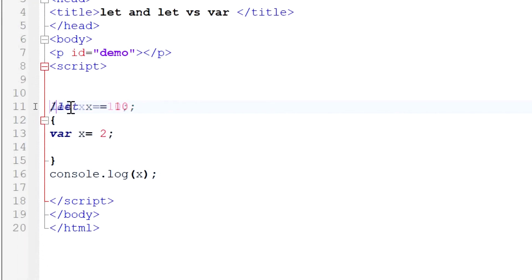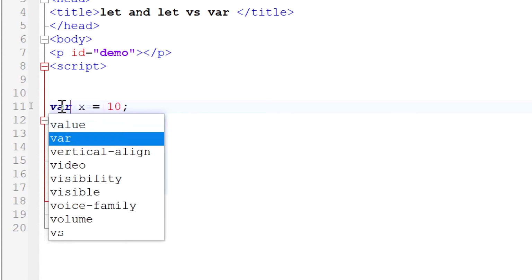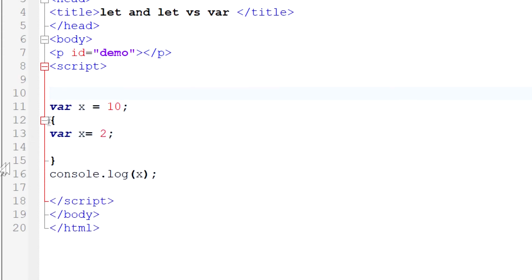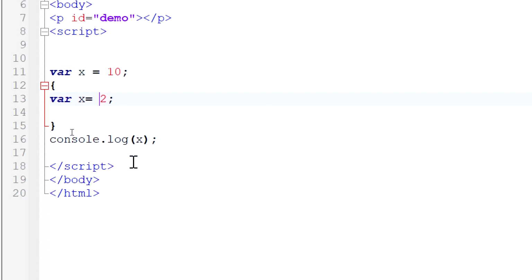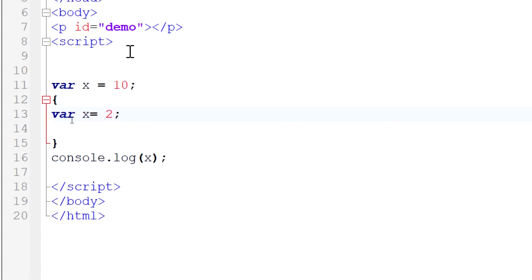So now we are just using var x equal to 10 outside as one variable. So what will be the value? You will think x value will be 10, which is outside, but no. Var scope is global, first we assign 10, then assign 2. So the latest value it will take, because in the end we are logging the output. So value will be 10 according to you, I think. But var value will be 2. Why will it be 2? Because first we give 10 and var is accessible anywhere, and after that we change it to 2. So now 2 will be accessible because var is accessible outside also.